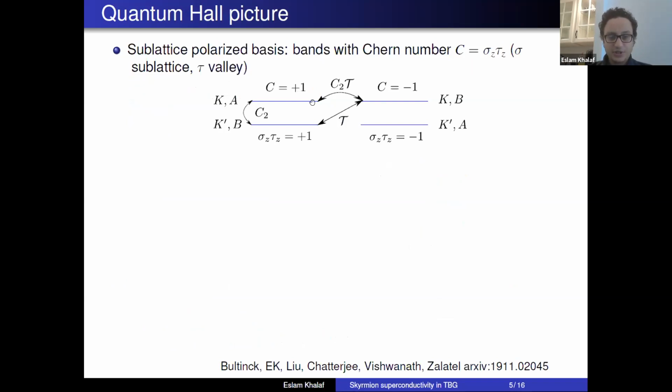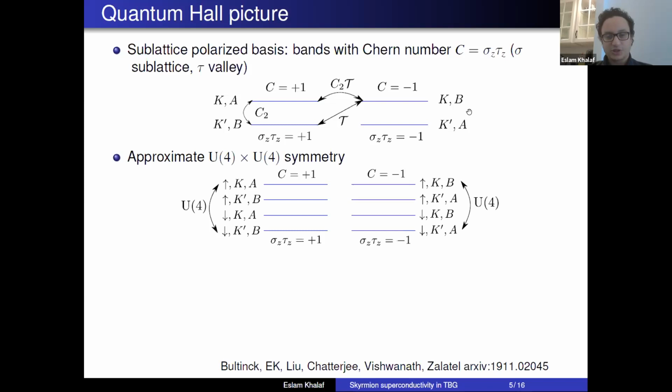So for example, if we label wave functions by valley and sublattice, and we have some Chern number in a certain band, by going to the opposite valley and sublattice, which is related by twofold rotation symmetry, we get the same Chern number. And the opposite valley or opposite sublattice, which are related by time reversal symmetry, would have an opposite Chern number. And this leads to a picture that's very closely related to quantum Hall physics, where if we